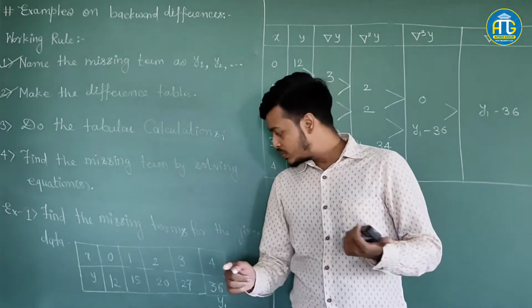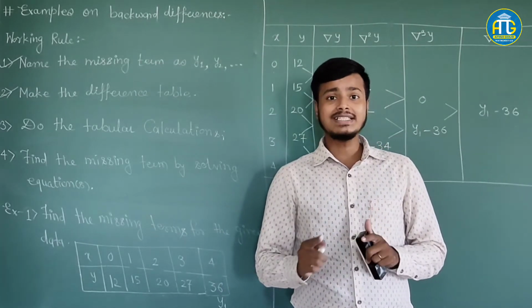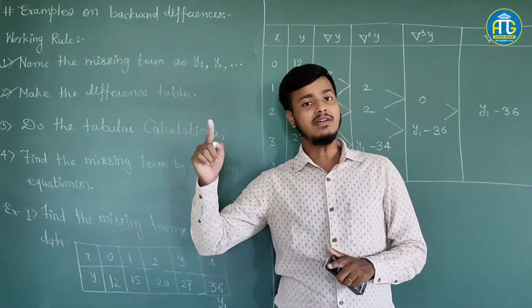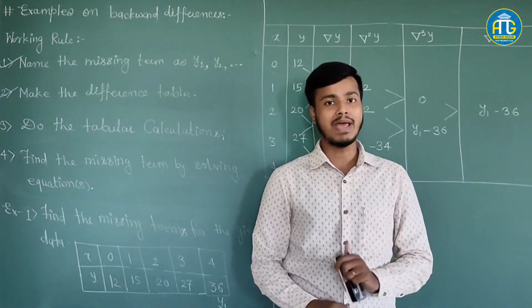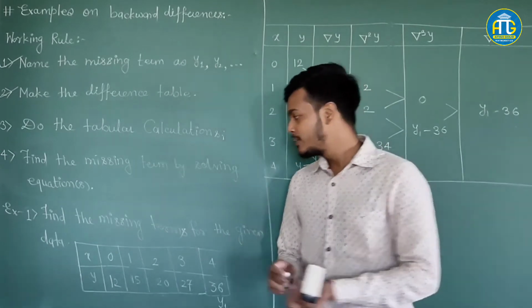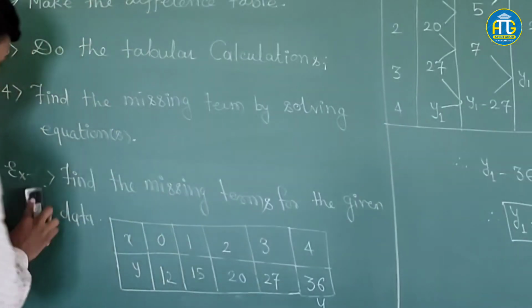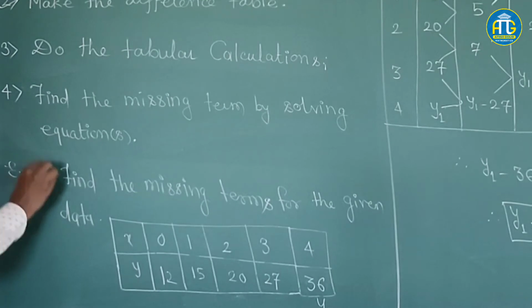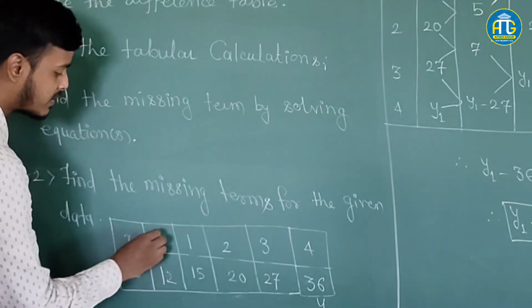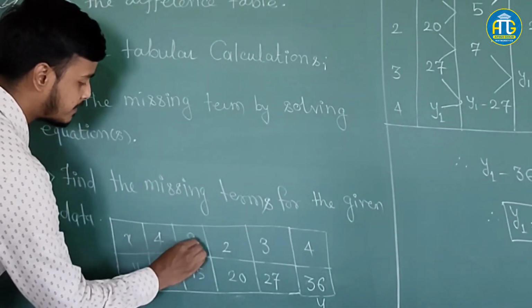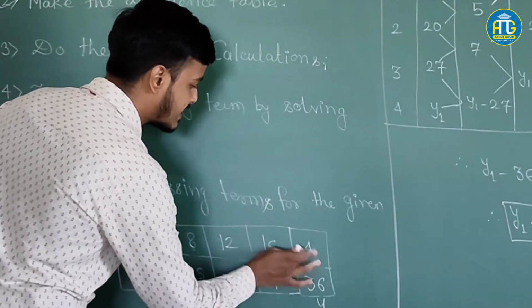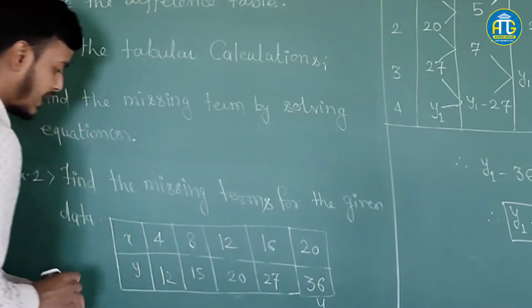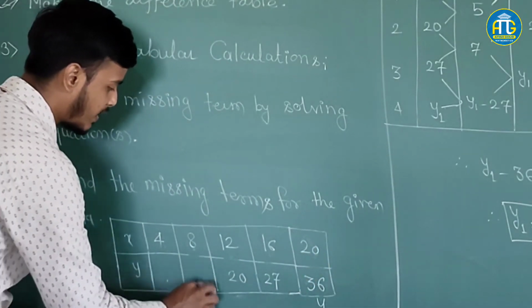So, to check this one out, let us take a problem that we have taken in the forward difference, and the same problem we will try to solve with the help of backward difference. Okay, so I remember the second problem that we have taken in the forward difference, that was having values of x: 4, 8, 12, 16 and 20, and the corresponding values were,